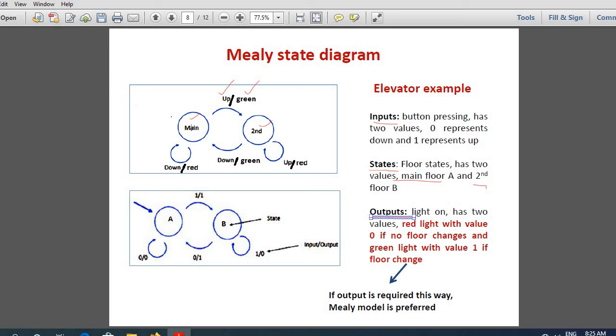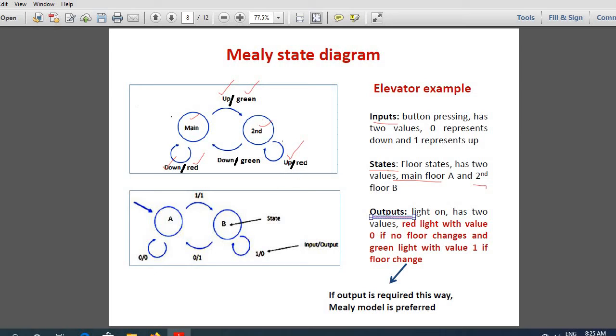Now, what happens if I am on my ground floor and I press down, my input is down? There will be no state change. It will remain in the main or ground floor itself, and my light will be red because there is no state change. Now, if I am on my second floor and I press up, it's already up, right?